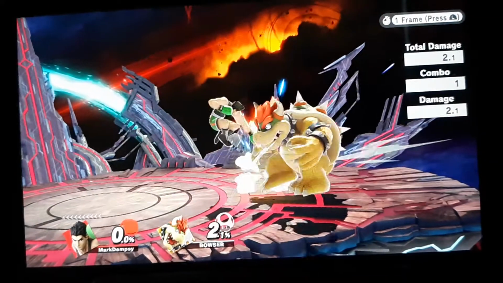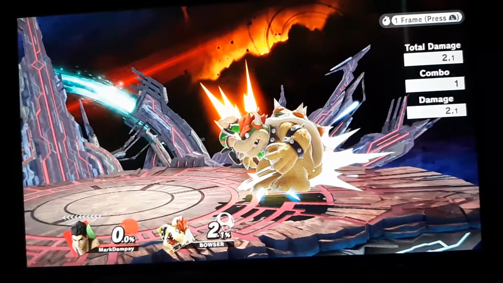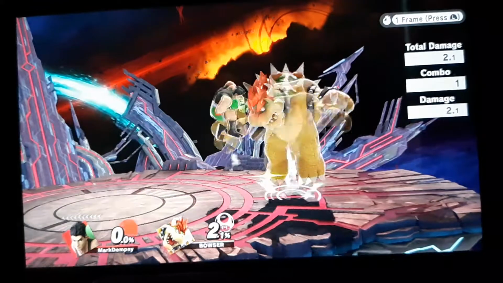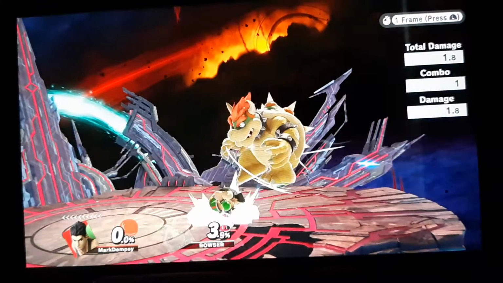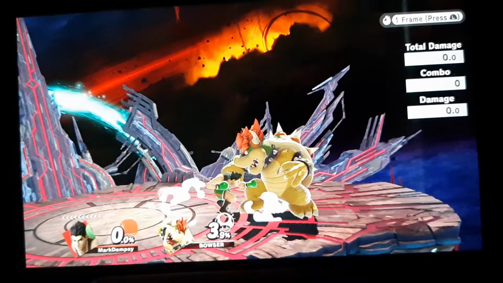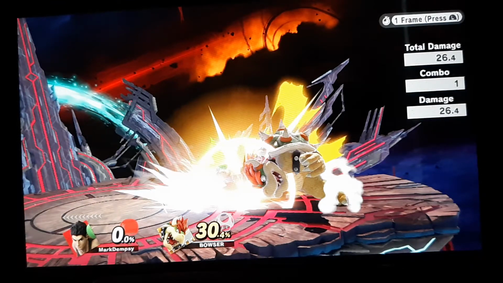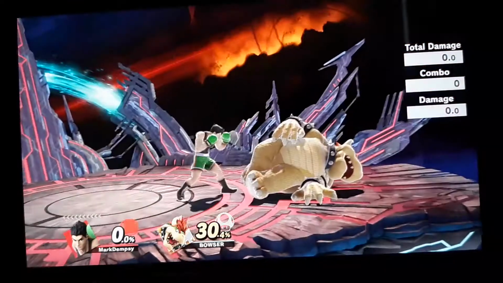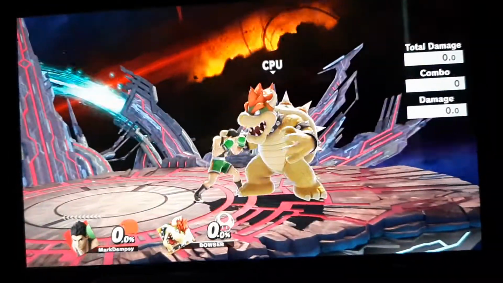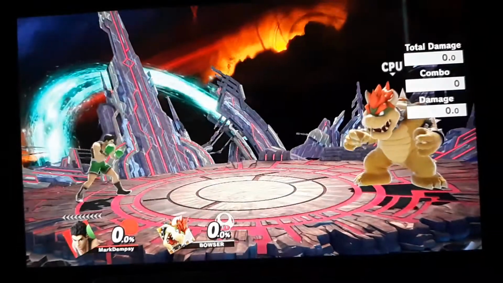Here's another version of it, the non-infinite version that you would want to do on most characters. Drag them down. And you get that. So at all percentages, this will work. It can be used as a kill confirm later on. Rising Nair into another Nair always catches jumps, and if you catch those ones, it's just a matter of